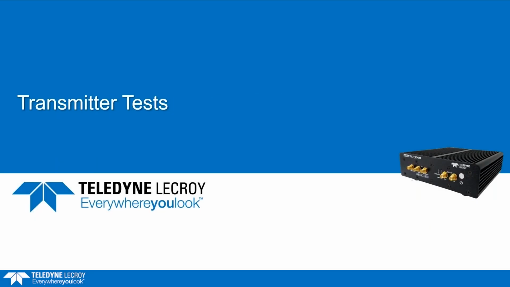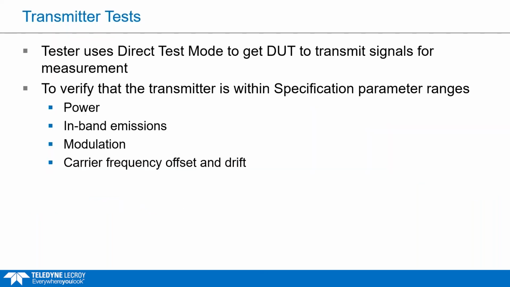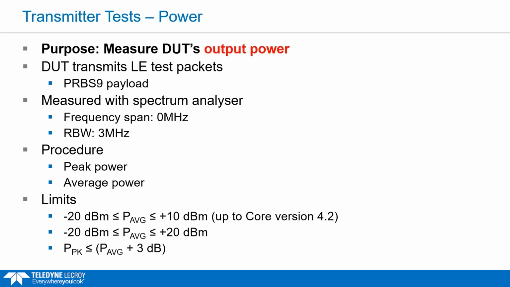We can now move on to look at the transmitter tests. What we're trying to do here is verify that a product's transmitter is within the specification. In order to do this, we have to use that direct test mode to get the device under test to transmit signals in the channels with the payloads that we want in order to do the test. And then we're going to verify the transmitter for power, in-band emissions, modulation of the carrier, and the carrier frequency offset and drift. So I've split the slides really to cover what the DUT is doing, the tester parameters, the